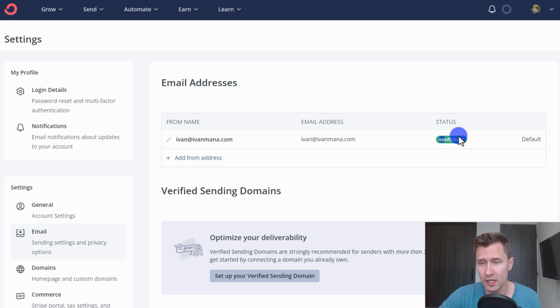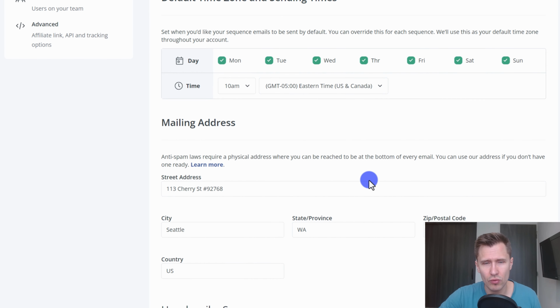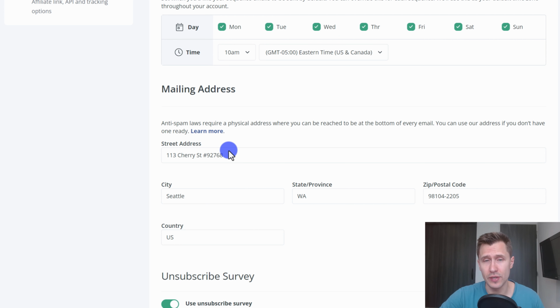And that is it. It's going to say confirmed. Okay. So that's the first thing you have to do. The next thing you have to do is scroll down over here and you need to enter an address. Now, if you don't have a physical business address or you don't want to put your home address, then you